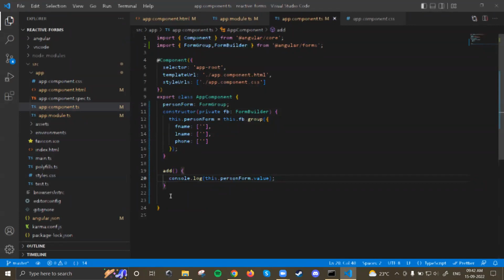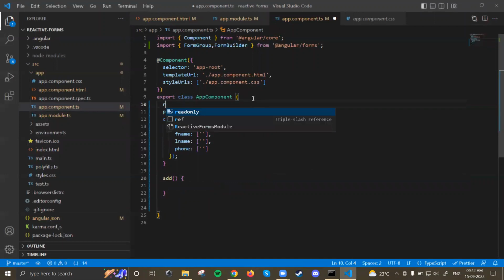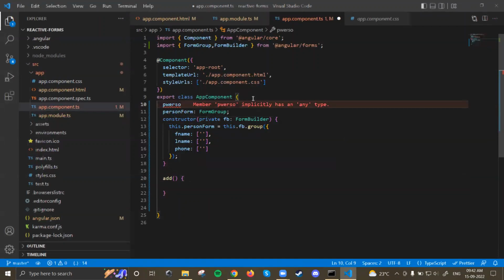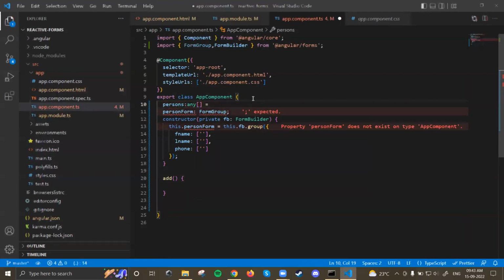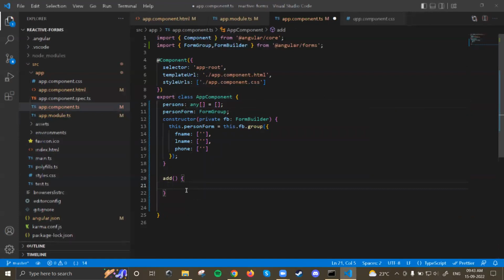So this is better. We don't need to write something like let person equal to something. We can directly print it. This.personForm.value already contains an object which has all these values. This way you can have an array like persons, which is of type any array, an empty array, and then in the add method, what you can do,